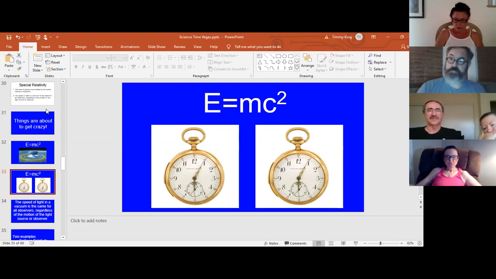You've added potential energy in the springs when you wound it. You've added kinetic energy of the dials as they move. You've added heat energy from the friction of the different gears as they go. And all of these energies directly affect the mass of the object. And so what that's basically saying is the more energy that you add to an object, the more mass that object has. Now, if you want to get really weird and science fiction-y, you might say, well,